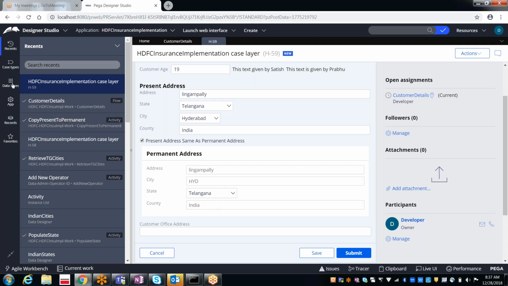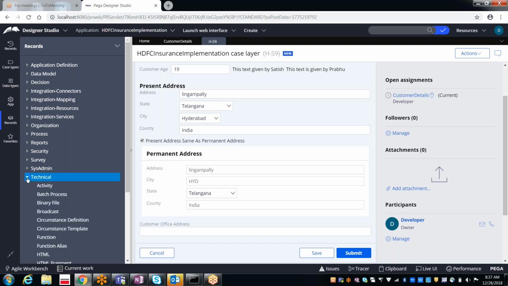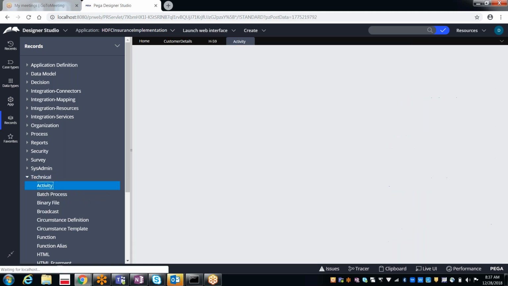Records Explorer, then Technical, then Activities. Nice.